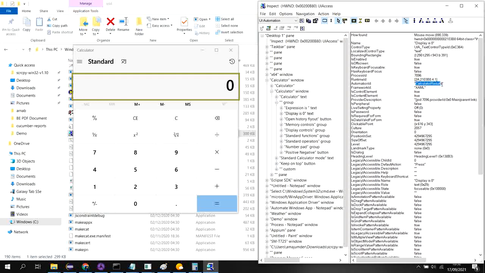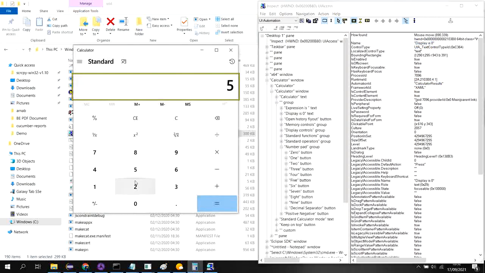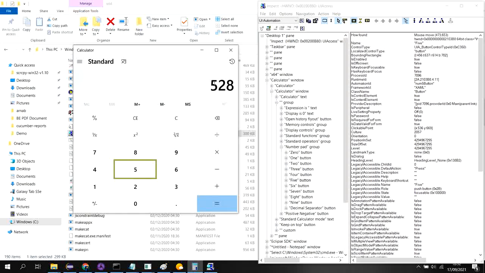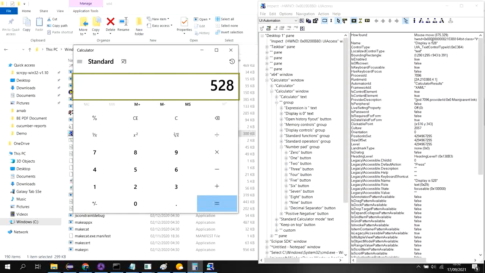Okay, we will use the automation ID to fetch the result here. What is the result printing? Because this name is now showing as a 0. If I give this something here, 528, and again try to fetch it, now it is showing 528. It means that display is a constant text, and this number is a dynamic value. Whatever is showing in the result pane, it is showing here.